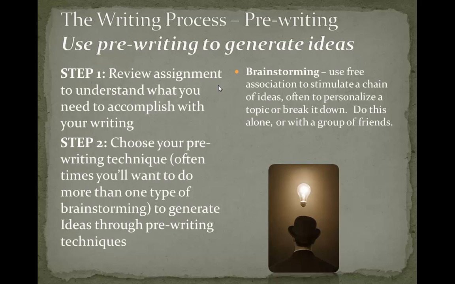You do a pre-writing technique in order to generate ideas. The first one, and probably the most common one, is called brainstorming. What you do in brainstorming is you free associate ideas based on a topic. So if you were given a prompt and asked to think of a topic, you write down an idea, and then free associate from that. So you could start with the word tree and free associate apple, and then free associate Johnny Appleseed, and then keep going out until you find whatever matter your brain is thinking subconsciously about.